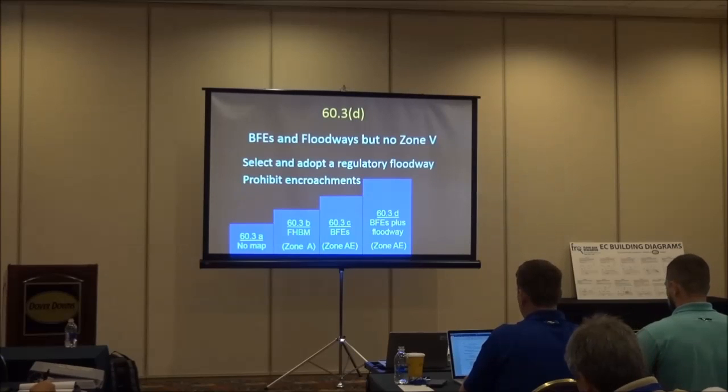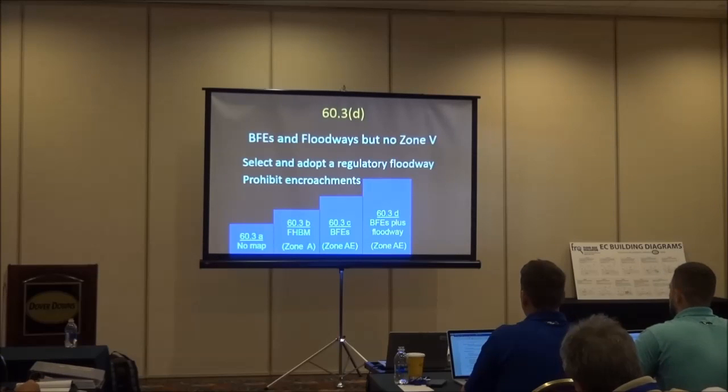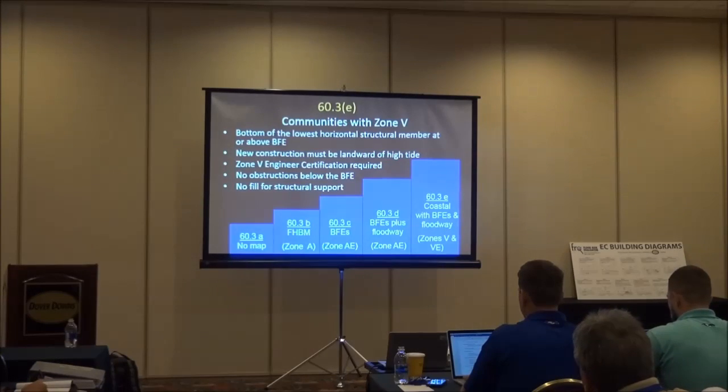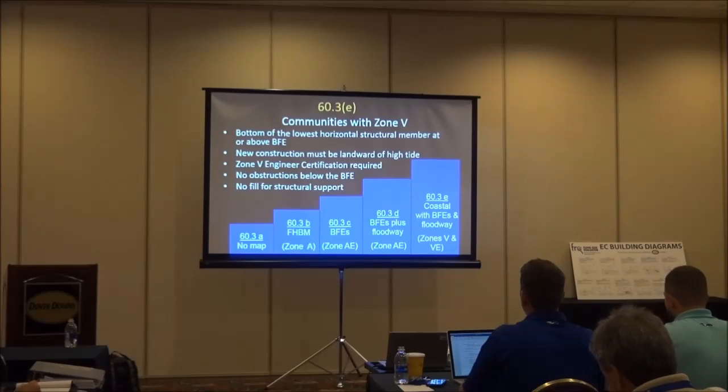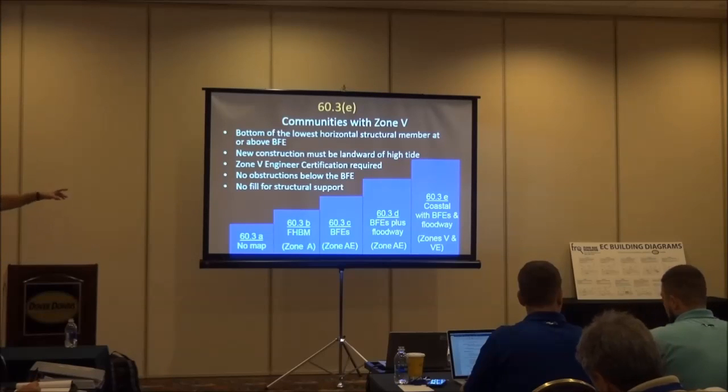Here we have to select and adopt a regulatory floodway, and we prohibit encroachments. Pretty straightforward. And then finally, we add V zones to all this. So we have velocity zones. Now that doesn't mean if you don't live on the coast, you may not have velocity zones, but if you're a coastal community that has reached this point in the